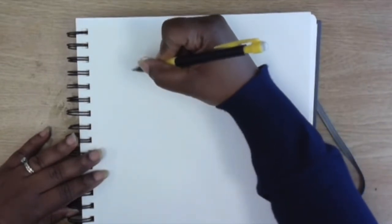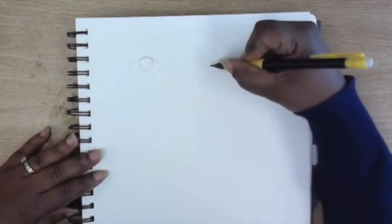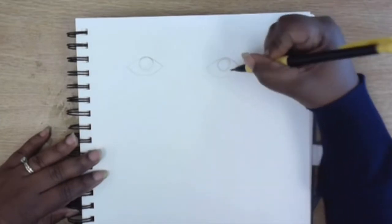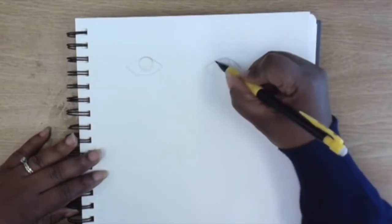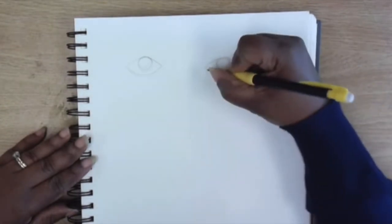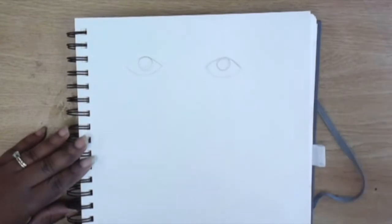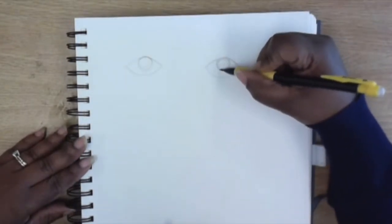And do the same for the lower lid. Whatever you do for one eye, you will do the same for the other eye. It's okay if they're not exactly the same, but you do want them to be similar. So now I have two eyes with their iris and the full shape of the ball, and they're both looking in the same direction. Now, I am going to shade in my iris very lightly,